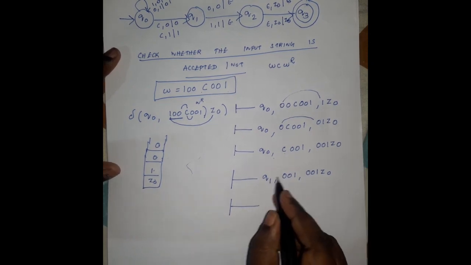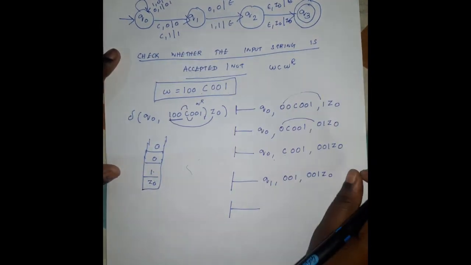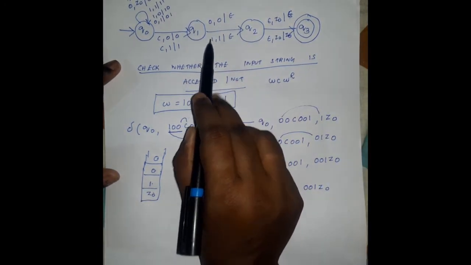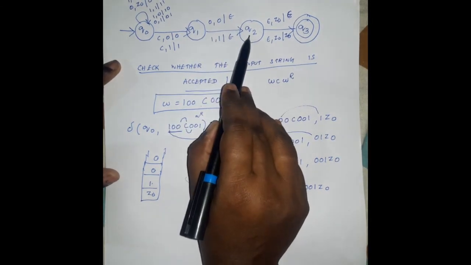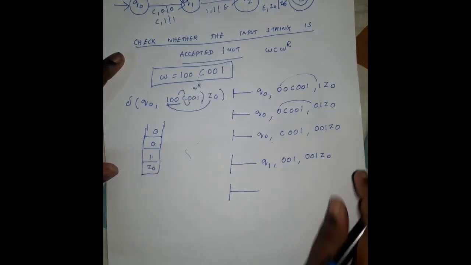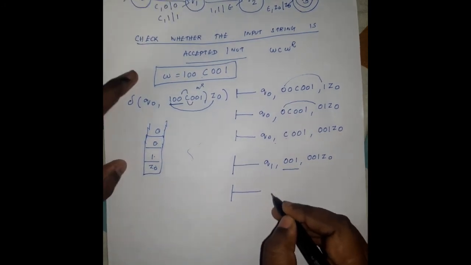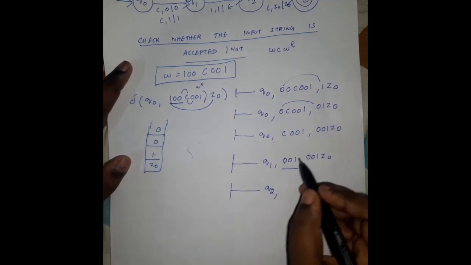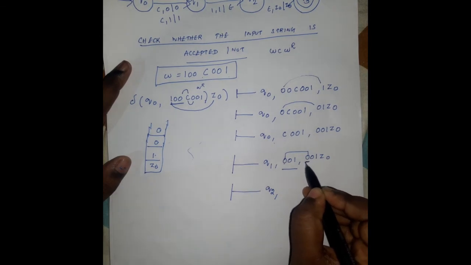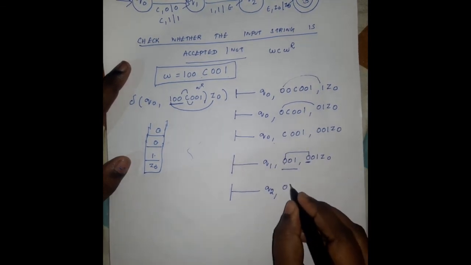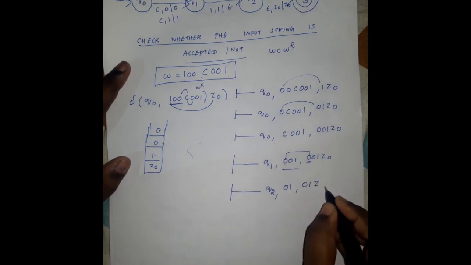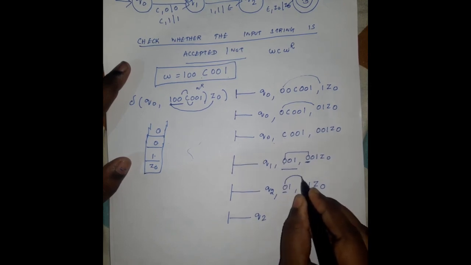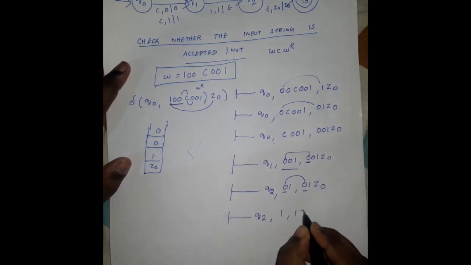After Q1 reads 0, it goes to the next state Q2. Whenever Q1 reads the next symbol that matches the stack top, it is the pop operation. So for all these input symbols, we can represent the next state as Q2. Q1 reading 0 goes to the next state Q2, and for this, 0 is popped from the stack. So the remaining stack elements are 0 1 Z0. After Q2, for this 0, it is popped from the stack, so the remaining stack is 1 Z0.